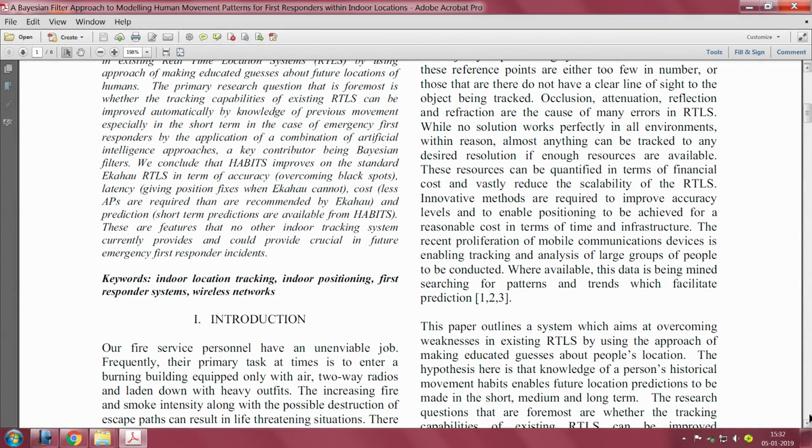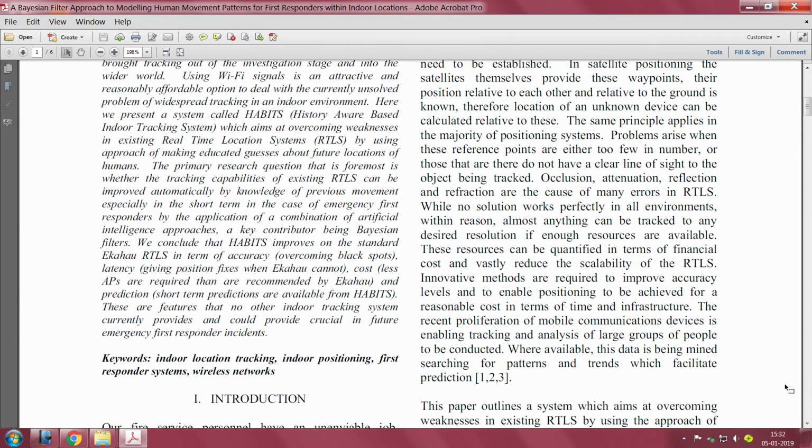Essentially they come up with a system which they call HABITS. It is called History Aware Based Indoor Tracking System, and it overcomes real time location systems like Ekahau. Ekahau is essentially another technology system, and HABITS overcomes that. We conclude that HABITS improves on the standard Ekahau RTLS system, that essentially is real time location systems. The point I am trying to make again here is that while you can read this paper and understand it, the takeaway from all this is